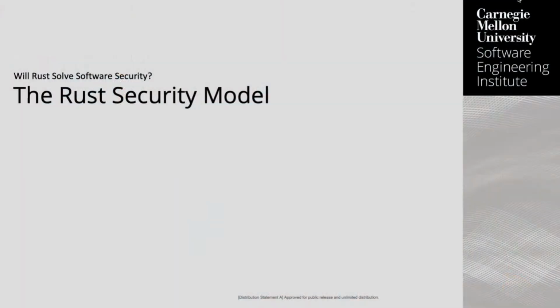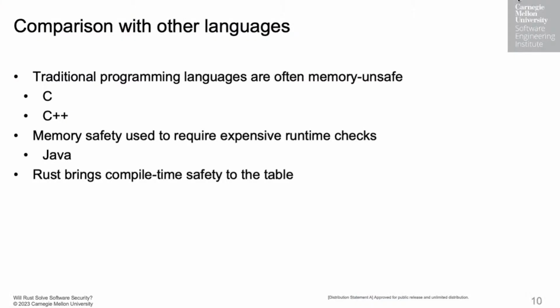So the security model of Rust now. As I mentioned before, C and C++ are memory unsafe, and it's really easy to cause buffer overflows, use after free, and a lot of other vulnerabilities too. Java does all the checks at runtime. So if you go out of bounds in an array, for example, in Java, you're going to get an exception at runtime. So no security vulnerability, but your program still crashed in production. One of the advantages of Rust is it catches most of these kinds of mistakes at compile time, before they can become bugs.